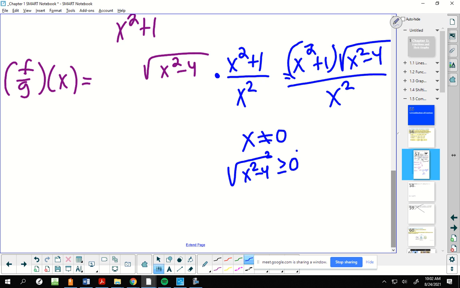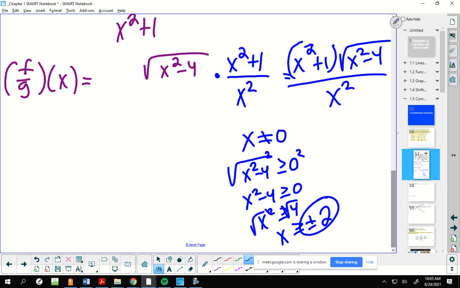So square both sides, add the 4, and then square root both sides, and when you take the square root, you need plus or minus. Now this isn't entirely true. Right? X has to be greater than or equal to plus or minus 2. Okay? So this just gives us our special numbers, we'll call them, 2 and negative 2. Okay, but we need to think about